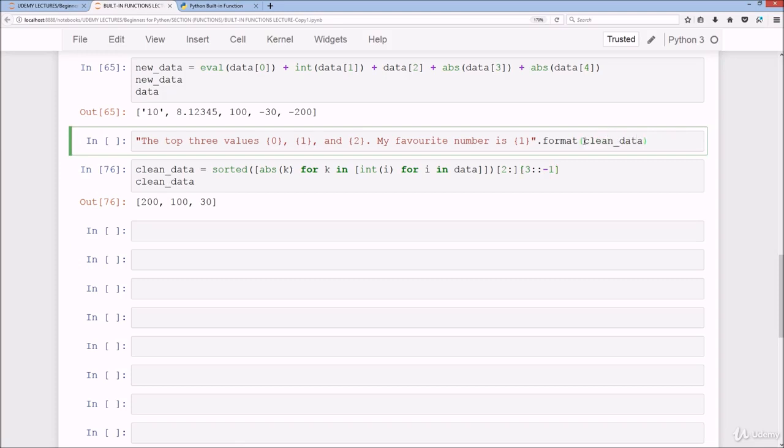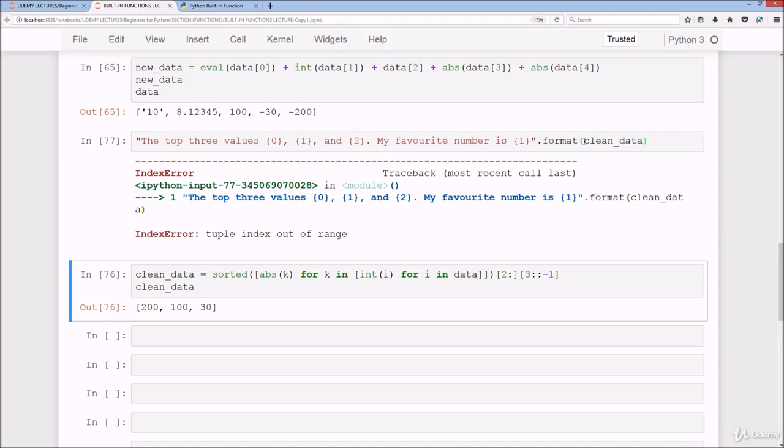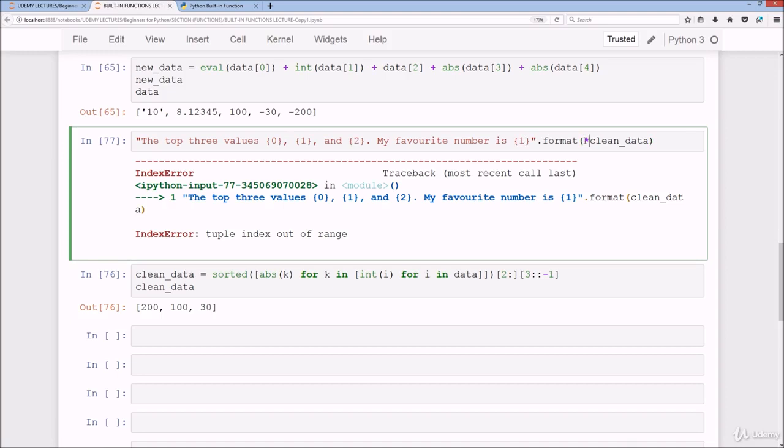But if we do just clean data, this is actually going to cause an error. Okay, so index error, tuple index out of range, because we have only 3 elements, which are 200, 130, and we have a total of 4 of these curly brackets. So what we need to do is firstly this, and that will add on the numbers for 0, 1, and 2. But what about this one here? Well, this should work actually, because what it's going to do is take the 100, if I run this,